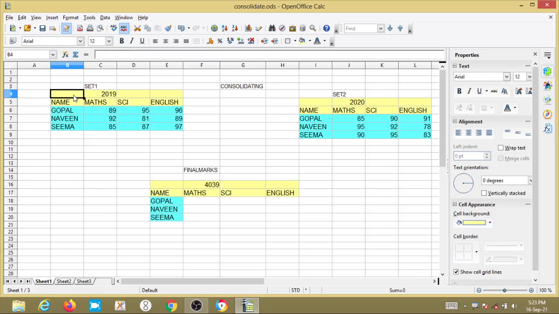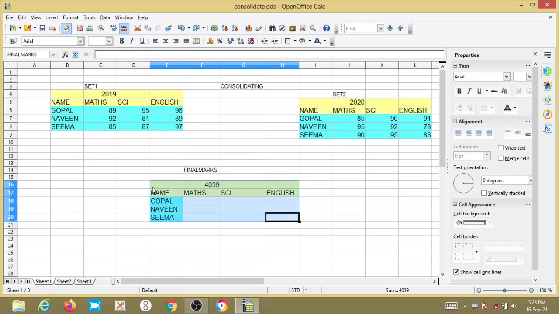Here I selected this row and in the name box I gave the name set 1. Then select this cell and give the name set 2. And I selected this table and gave the name final marks.